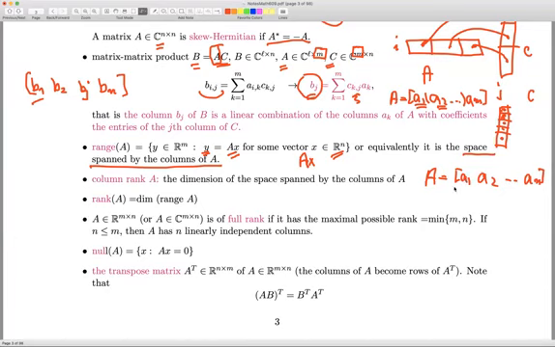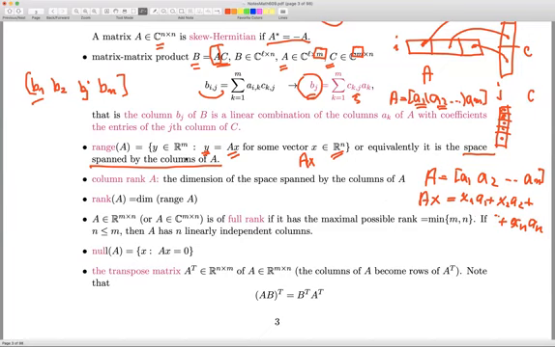And then Ax would mean what? Ax, the matrix A multiplied by the vector x, will be x1 A1 plus x2 A2, where the x's here are numbers and the A's are vectors, and so on, plus xn times An, where the A's are vectors in the dimension Rm. And so the range of a matrix can be viewed as the space spanned by the columns